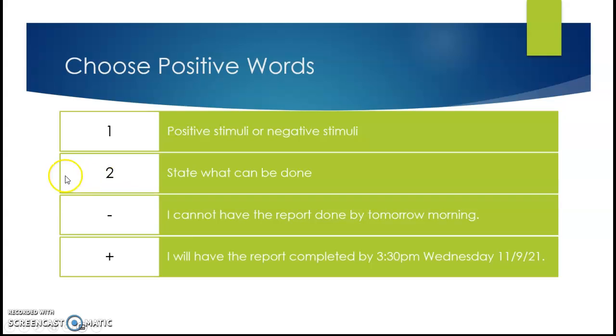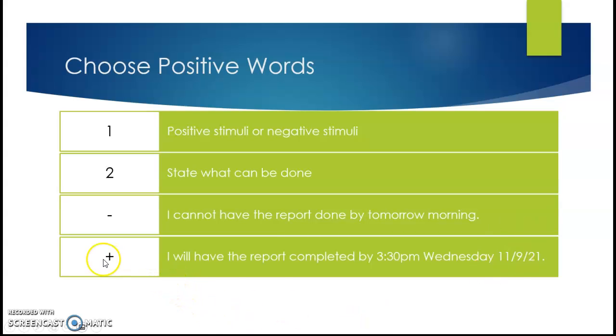Okay, here's a negative example. I cannot have the report done by tomorrow morning. Okay, so this isn't wildly negative, but the word that should jump out at you is I cannot. I cannot. I will not be able to. Unfortunately, we could have really jazzed this up. Let's say it read, unfortunately, due to unforeseen circumstances, I regretfully cannot have the report done. Now, within that sample sentence, there is 3 to 4 words that conjure up a negative stimuli. So instead of reiterating the negative, let's remove that and insert the positive.